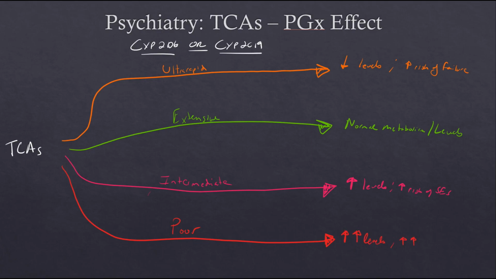You would have even higher levels relative to intermediate or above, and you'd have an even greater risk of side effects. So almost a mirrored example of what we saw with SSRIs in terms of the pharmacogenetic effects on TCAs. These are the outcomes. Now where the differences will come are in the actual CPIC recommendations,